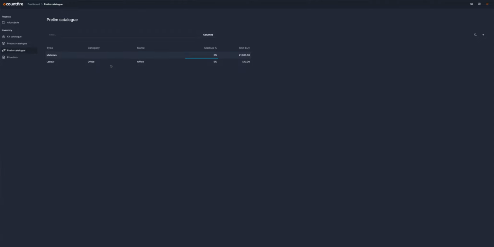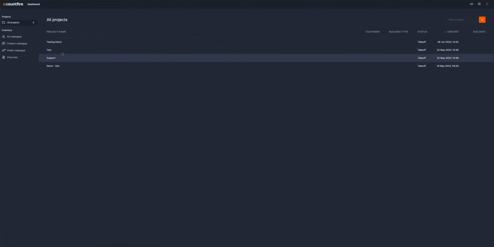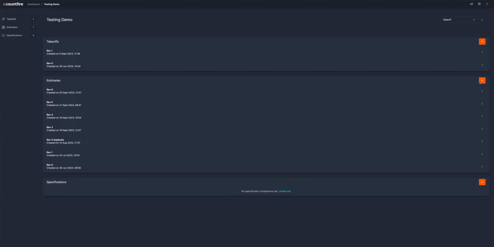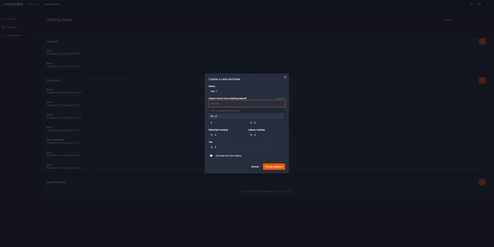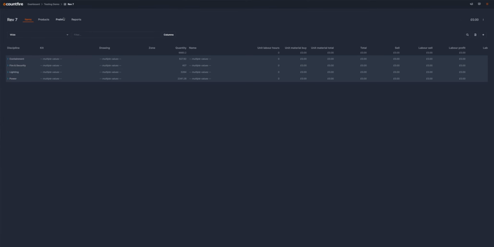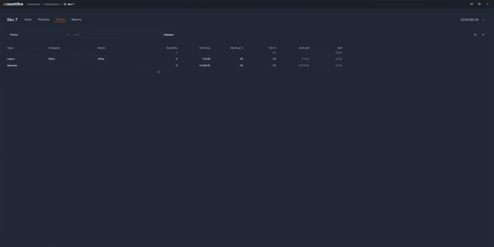Once you've set up prelims in your catalogue, then the next time you create a new estimate, they will automatically be included. And you'll find them in a new tab in the estimate called prelims. And you'll see they've automatically been brought in with 0 quantity. So for every new estimate that you make, you want to go through and assign quantities to your prelims as